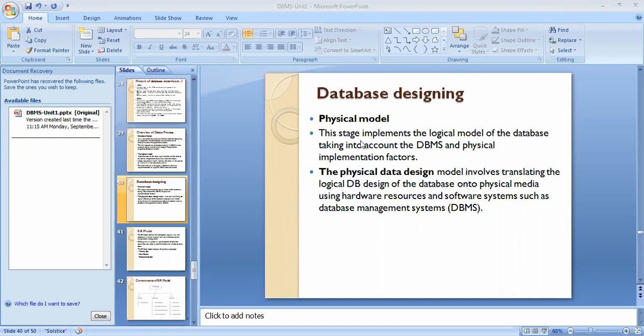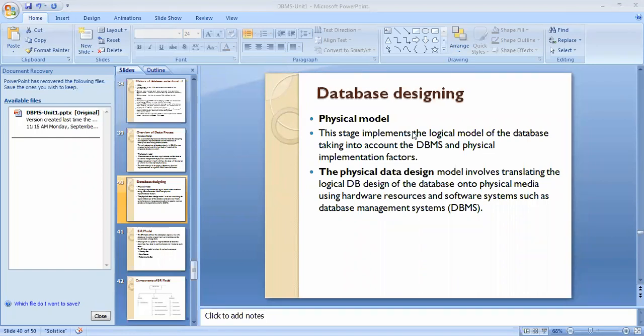This stage implements the logical model. The logical model is a conceptual model and paperwork, and it is used for communication between the naive user as well as the database designer. After completion of the logical model comes the physical model.